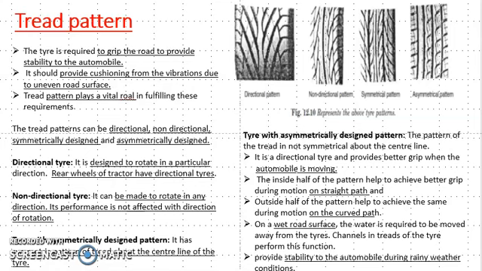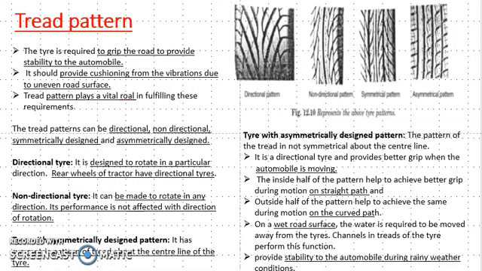When the direction is the same, for a particular direction of rotation, the performance is good. If the direction is different and the tire is moving in a different direction, then the performance is not good. At that time you have to use a non-directional tire. The asymmetric pattern is also used for straight path, curved path and wet road surface, and the pattern on the tread is used at that particular time.